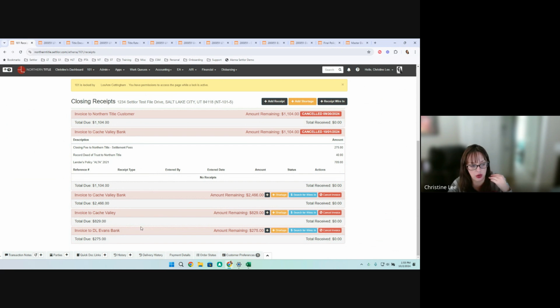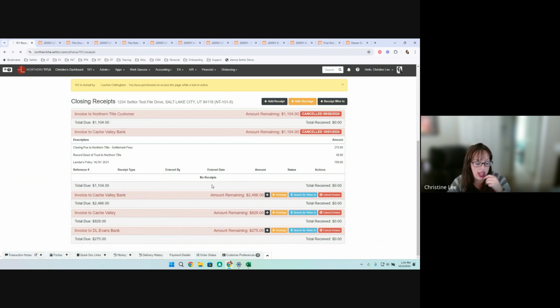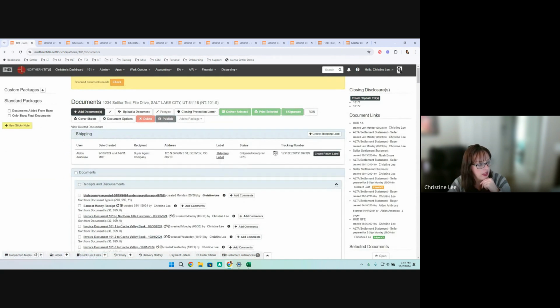it wouldn't force me to have that money in order to confirm. So the closing side, or somebody needs to have done this invoice side so that it knows I'm expecting money later. And so once there's a real invoice like this, you can see it's created the invoice to Cache Valley Bank. And so it actually created a document to send out as well. And then when they created the invoice,